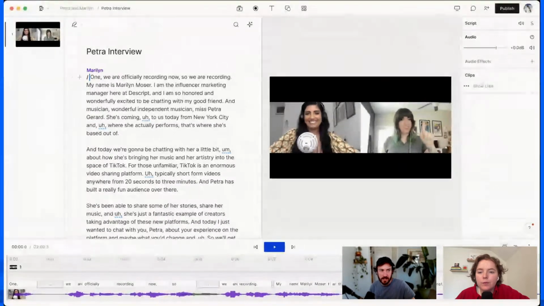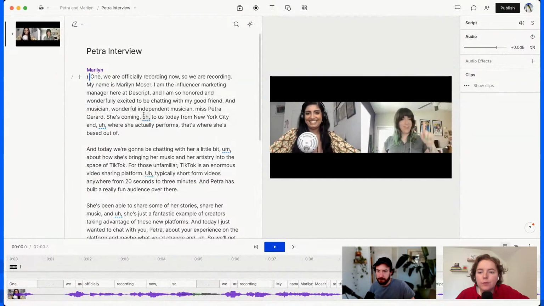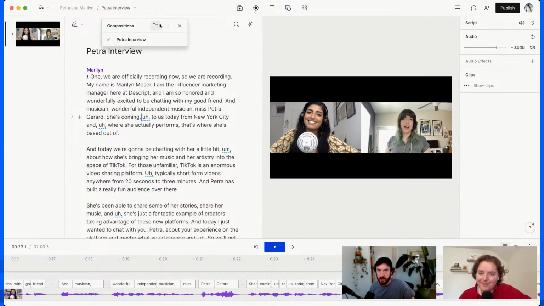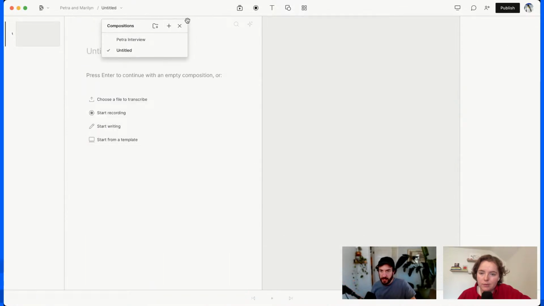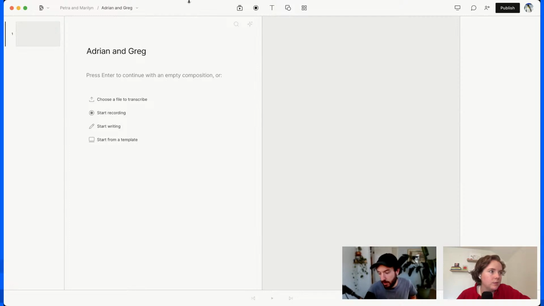Rename this stuff so I lose track again. So I'm going to create a new composition up here in this dropdown. It's going to give me this blank view again. I will rename it. It's going to be Adrian and Greg. Okay, so the scenario of this recording is